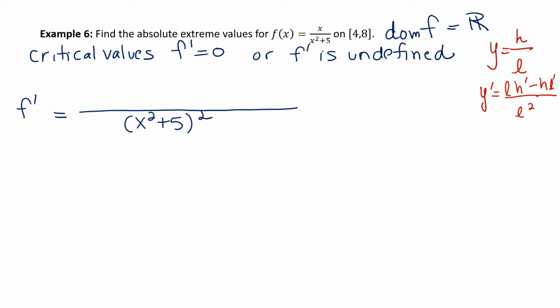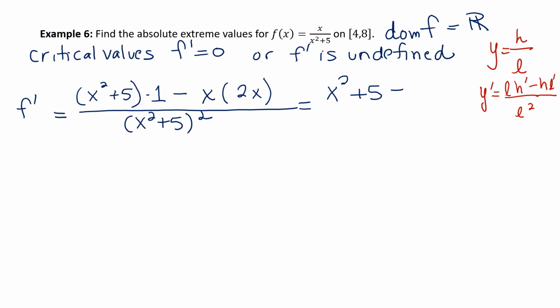Now, we write the low function, which is x squared plus 5, take the derivative of the high function x, which is 1, minus, we write the high function, which is x, and multiply it to the derivative of the denominator. The derivative of x squared plus 5 is 2x. The numerator becomes x squared plus 5 minus x times 2x would be 2x squared. The denominator is still x squared